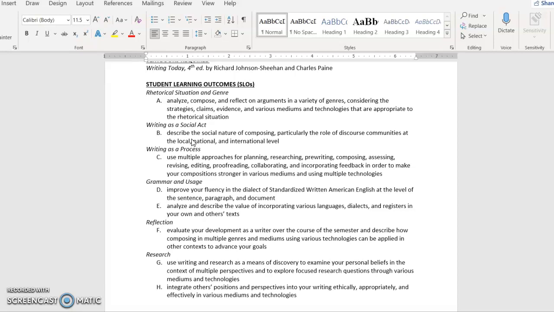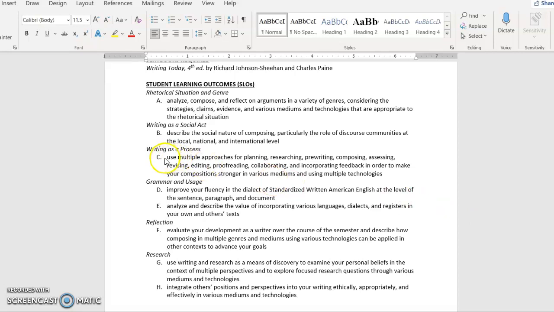Almost no writing is done in a vacuum, except maybe journal writing. Maybe we see a lot of journals end up being published later on. But the writing you're doing for my class, and like 99% of writing that's done on Earth, is done as part of the social act that is intended for a specific audience. The word choice, the structure, everything about it is designed to best communicate a certain idea to a specific group of people who share a discourse community of some sort.